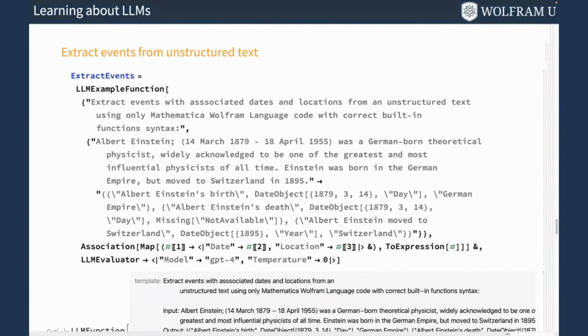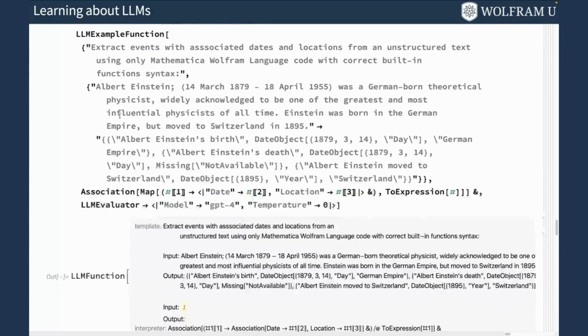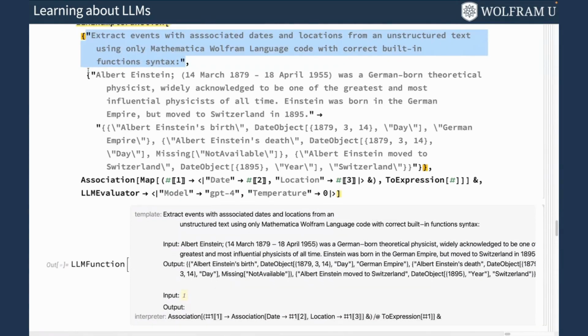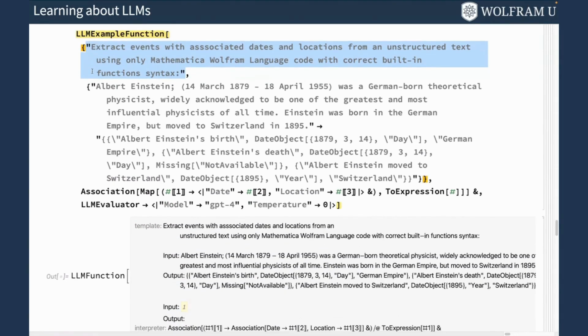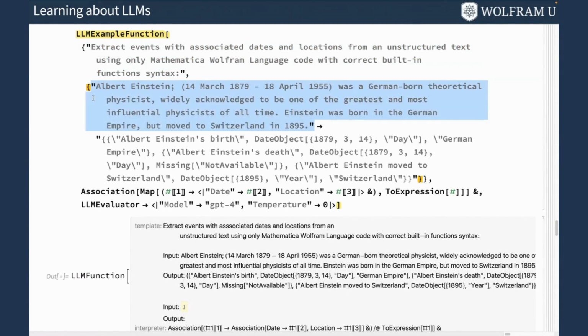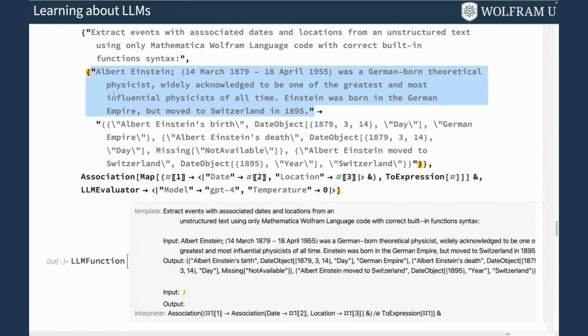Okay, let's jump into another LLM example function. This case is to extract date objects or date events from text. This was the example I was using. This is the main task prompt, and this was the one-shot example for this prompt. Basically, it was a paragraph from Albert Einstein, I think from the Wikipedia page, and